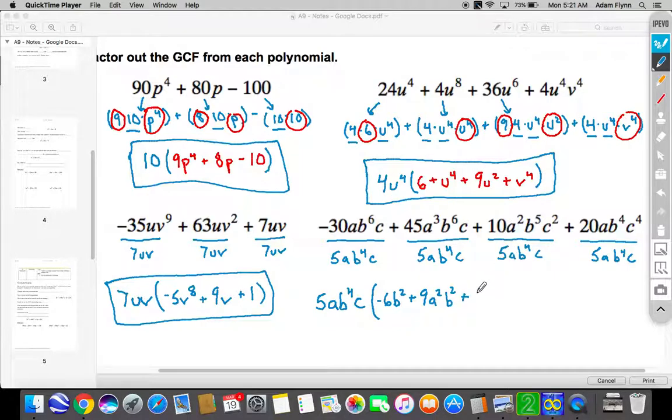10 divided by 5 is 2. A squared divided by a is a. B to the 5th divided by b to the 4th is b. And c squared divided by c is c. Of course, our last term, 20 divided by 5 is 4. A divided by a cancels. B to the 4th divided by b to the 4th, they cancel. And c to the 4th divided by c is c cubed. So final answer,